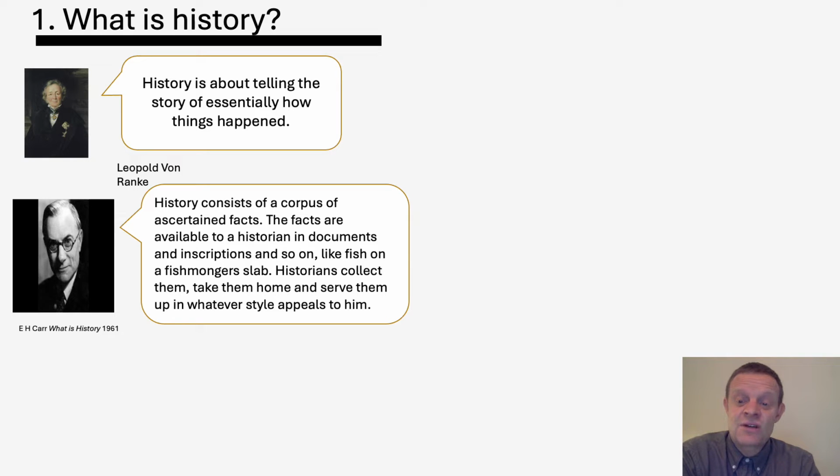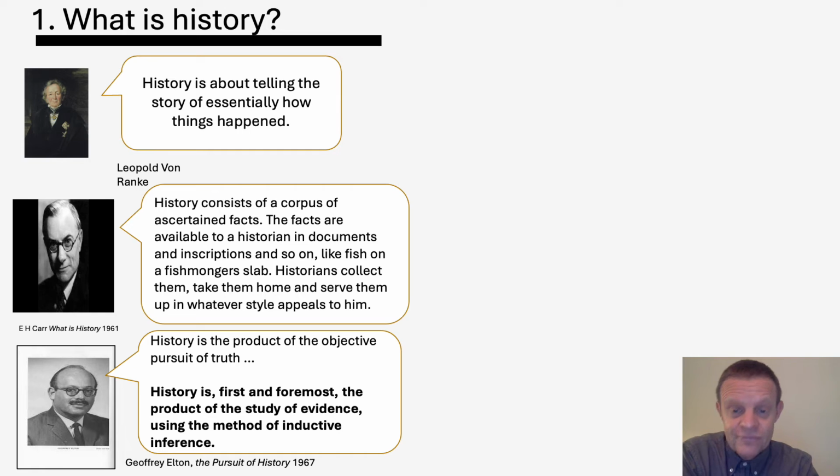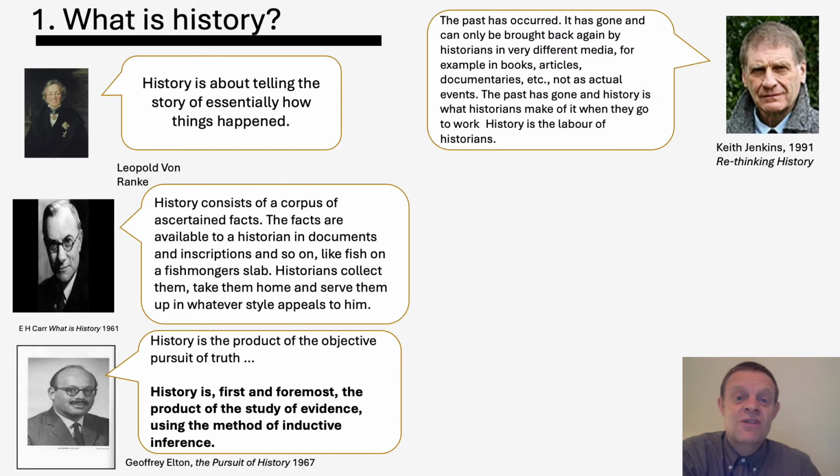So essentially, Carr was arguing that history is interpretation. And although historians do follow a method, they come to conclusions about the past on their own. They're influenced by the time they write and the sources they select, and essentially they construct the past. Now, if you know your history of history, Geoffrey Elton in 1967 seemed to disagree with Carr, and he felt that historians can be objective. But since then, to my mind anyway, others seem to agree that history is an interpretation and it is constructed.